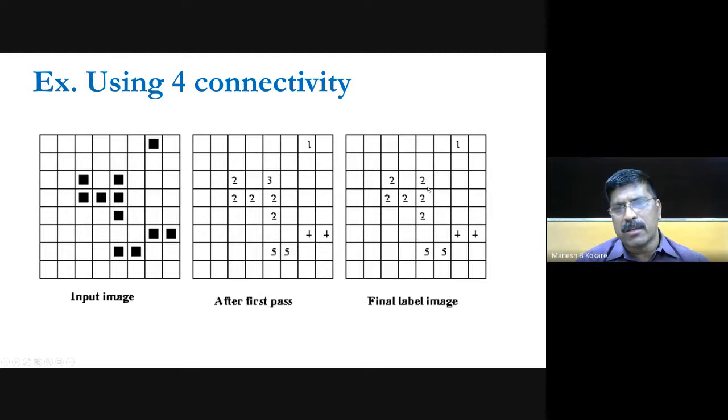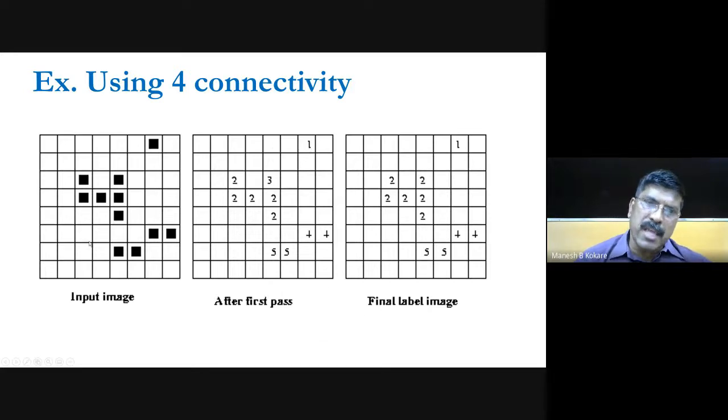So in the second pass, the final label will be like this as 2, and then these labels will remain the same because of connectivity. So what is the label here now? Final label 1, and then 2, 2, 2, all those things, and then 4, 4, 4, and then 5, 5, right? So this will be the region identification, a simple technique of region identification by using the 4 connectivity. 4 connectivity means we are just considering whether this pixel is connected horizontally and vertically, right?